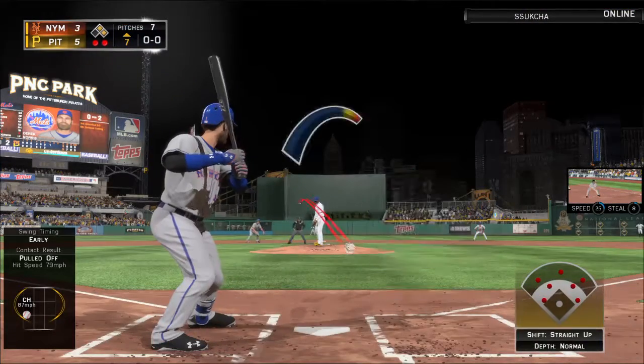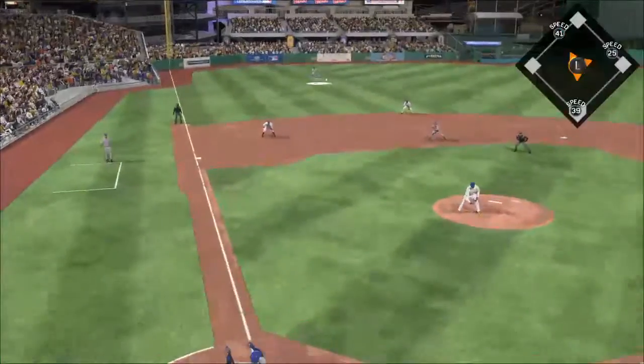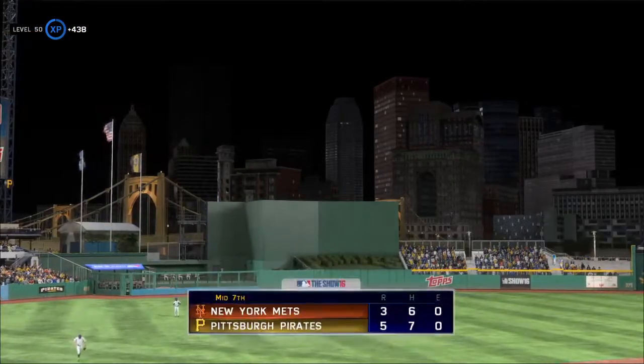Derek Norris gets a shot now with 2 men on and 2 away here in inning number 7. And we'll see here if he can come through. It can be discouraging to see. Well, the left fielder's on it, and that retires the side. It's time for the...